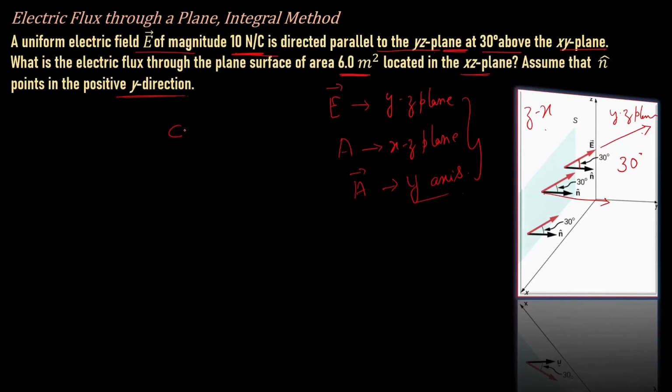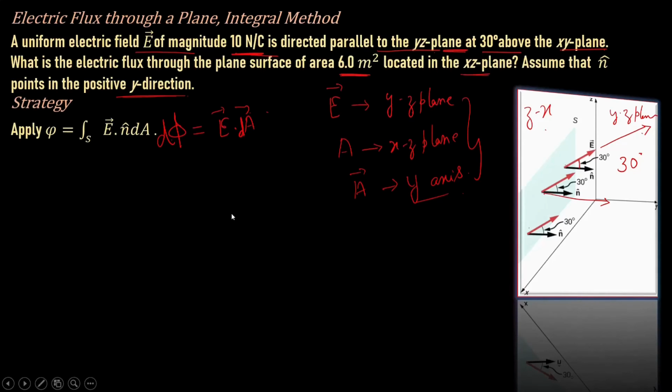So now the flux comes out to be again E dot A. This time the entire surface is divided into small area elements. So we calculate for a smaller element, d phi equals E dot dA. If we keep on integrating the flux over the smaller area elements, which formula will we be using? The surface integral of E dot n dA. For the first small area element we compute, then for the second, for the third, and so on, and then we sum up the individual fluxes.